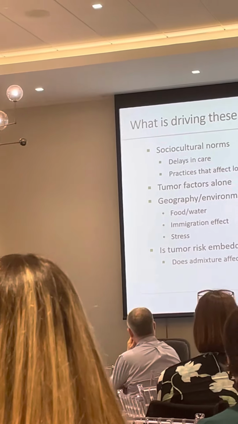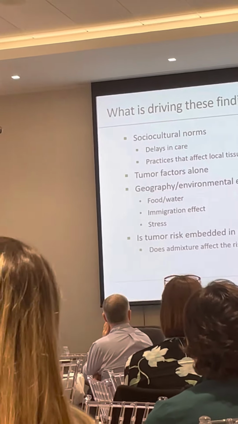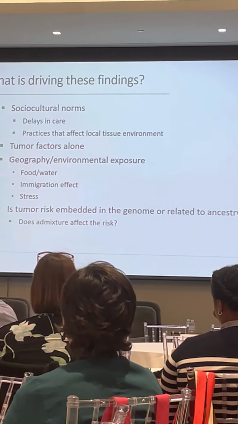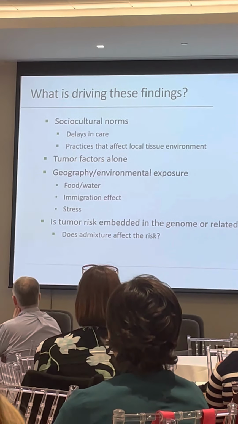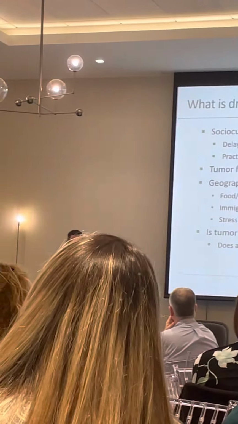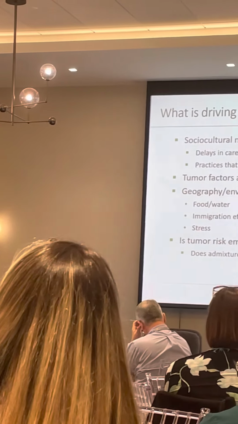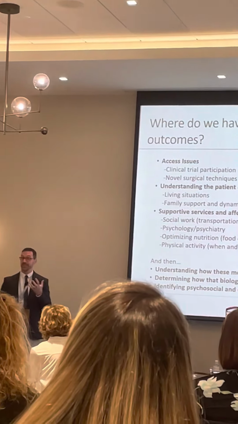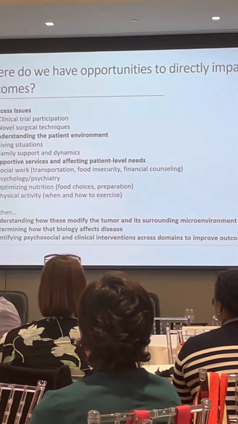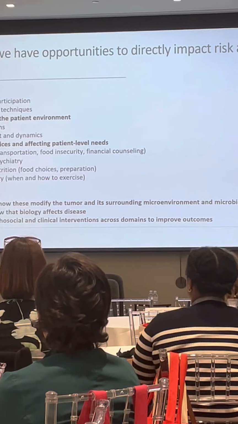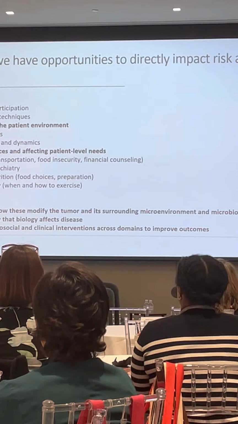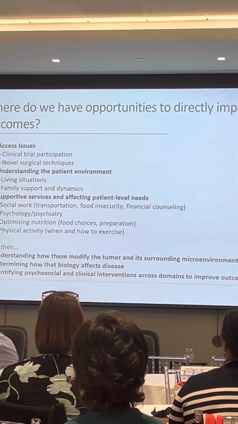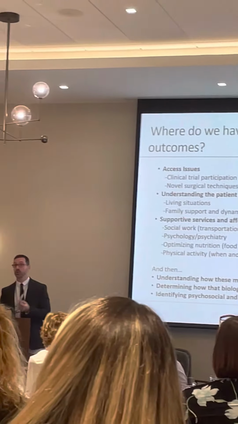And then again, is tumor risk embedded in the genome or related to ancestry? And how does admixture, meaning what percent African ancestry versus Native American ancestry versus European ancestry, is attributable to the risk, and how can we see worsening or attenuation as a result? It's really important to appreciate this because we have a lot of opportunities to impact risk and outcomes. So in terms of access, we see these variations in survival. How do we improve clinical trial participation in this subgroup specifically, which we know is classic